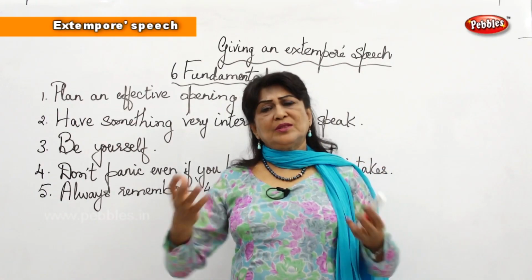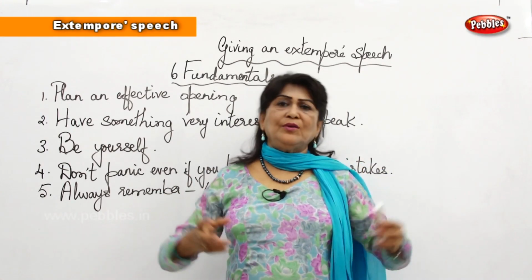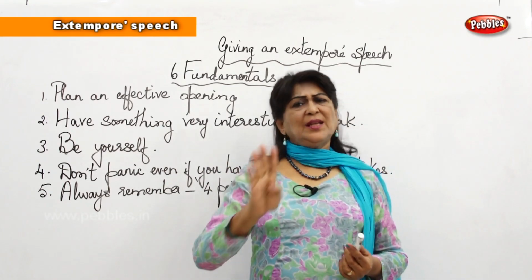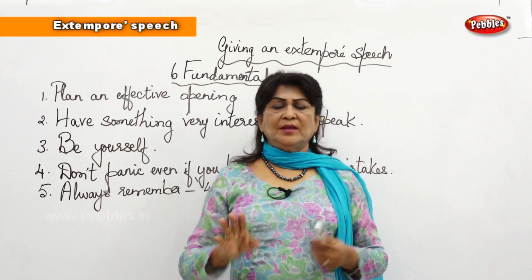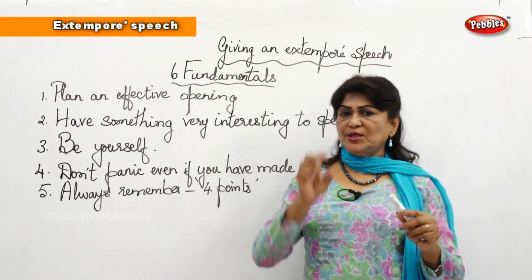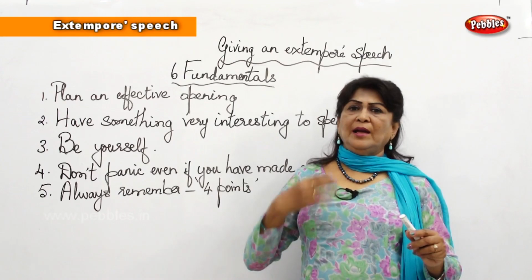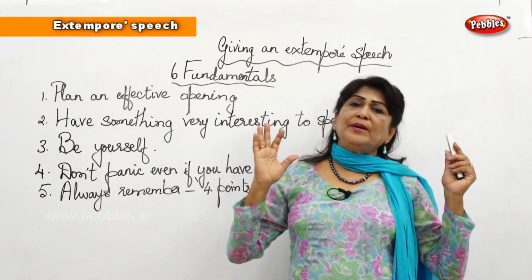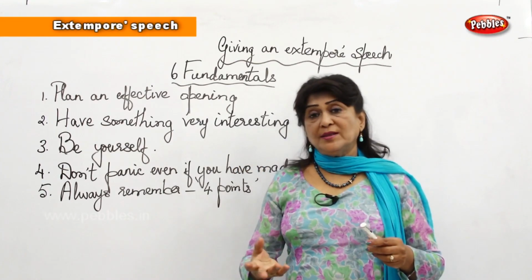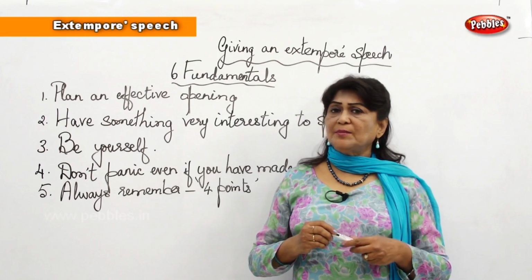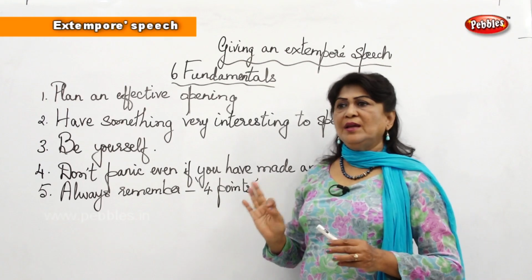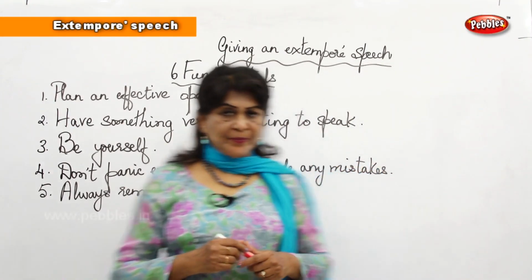Sometimes when you get the mic in your hand, you keep on talking. What you speak should be effective. So, stick only to 4 main points. Before you analyze and do a mind mapping of your speech, just choose 4 important points and go ahead with that. Do not keep talking all the things. Even if you give 10 points, nothing is going to stay in the audience's mind. So, always remember 4 points. Do not make it more lengthy.